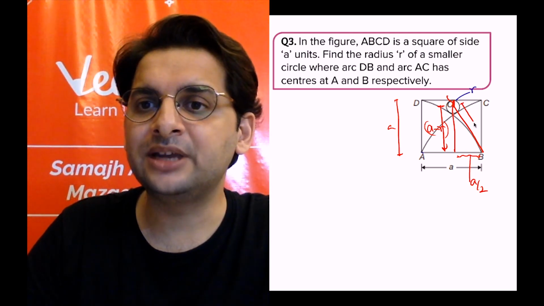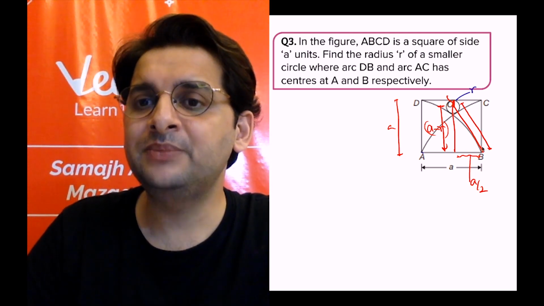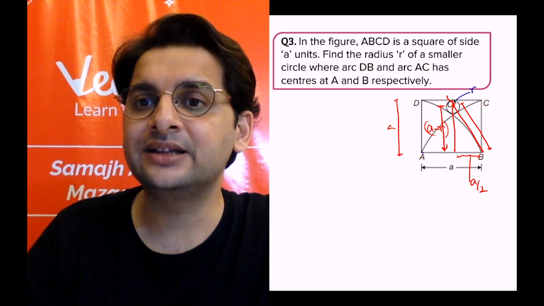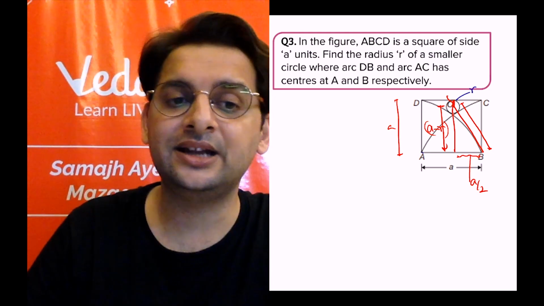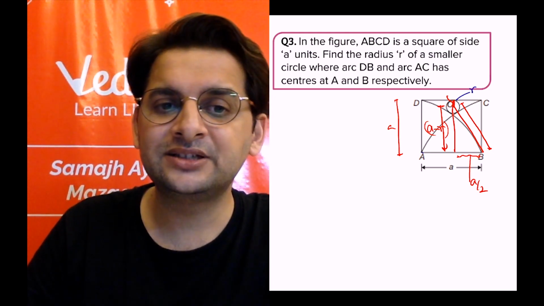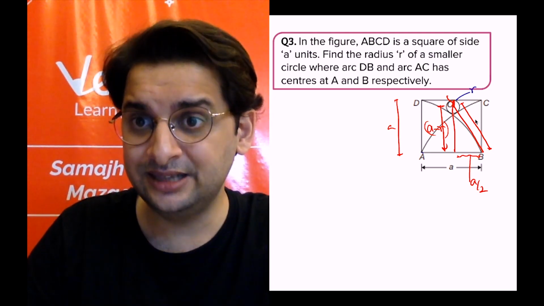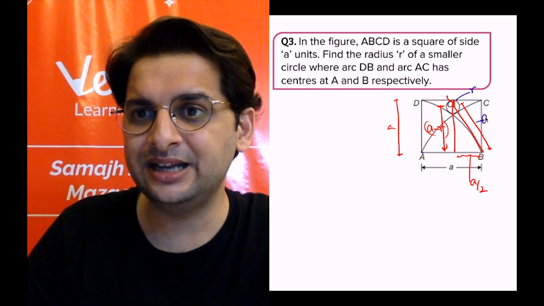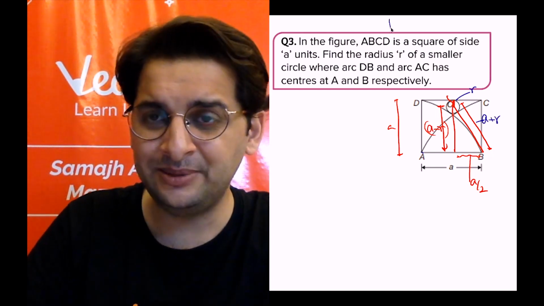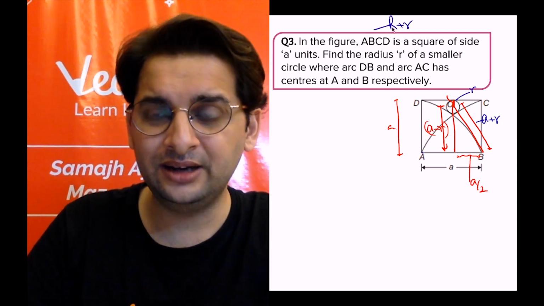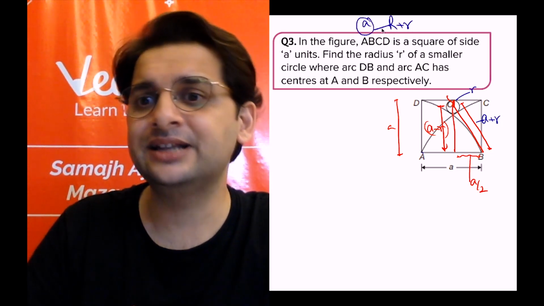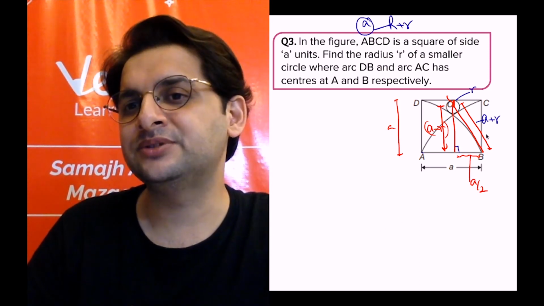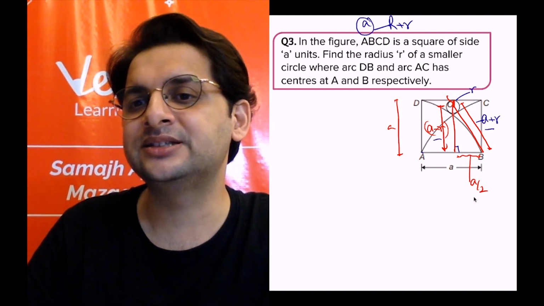Can you tell me something about this length? So remember, there's a circle with center B and arc AC, and there's this circle, which are touching each other externally. So if the circles are touching each other externally, this length would be, can I say, A plus R, small r plus capital R. And small r is R and capital R is A in this case. And we can directly apply Pythagoras now. So this is the hypotenuse, this is one length, this is the other length.